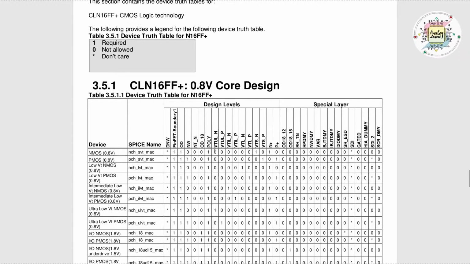Then there are multiple layers like VT UL_N or P, and these layers are not required for this device. And then they need VTSHN, because this is a standard VT device. So they implant the standard VT implantation layer.